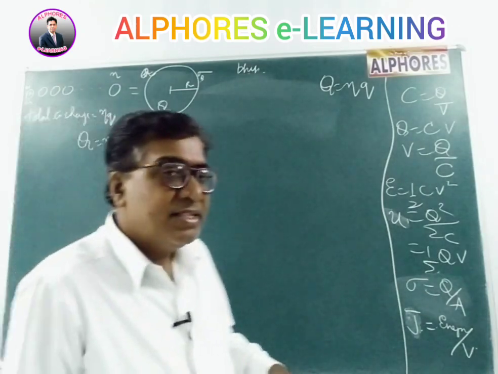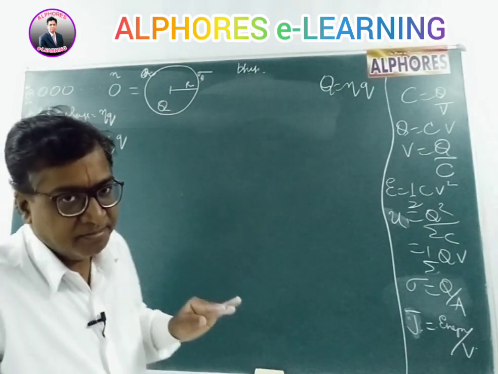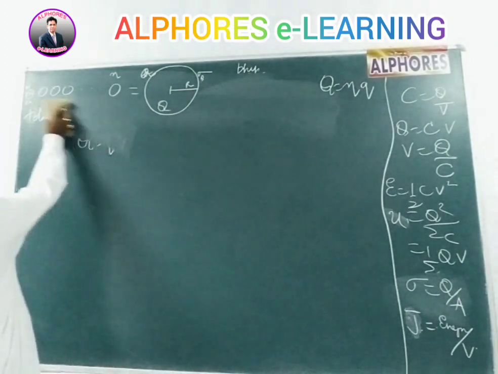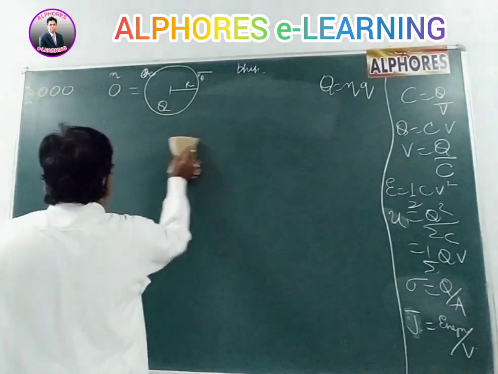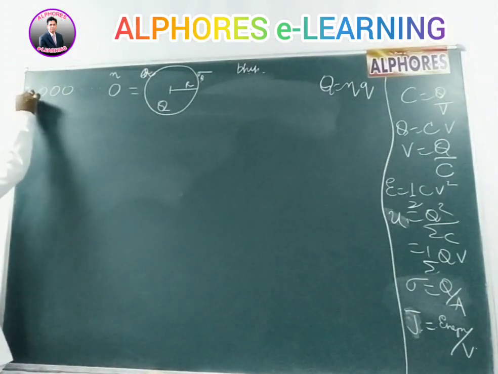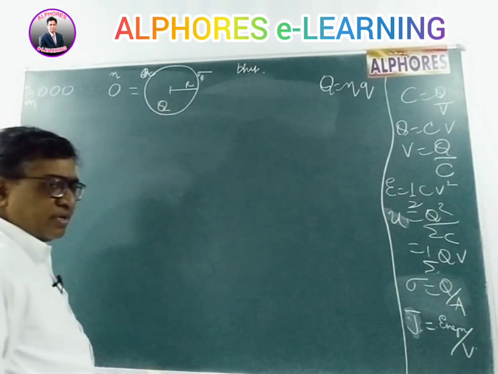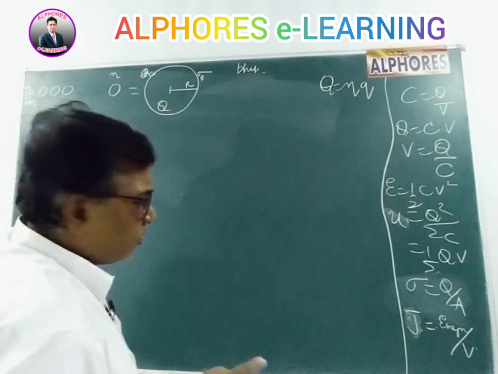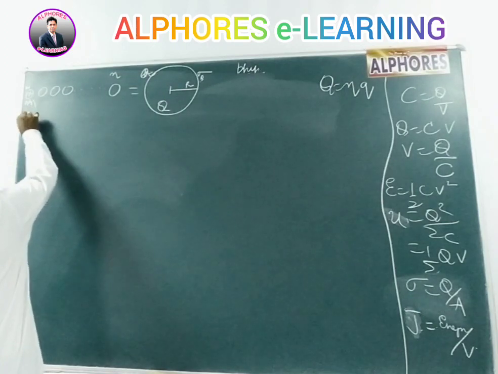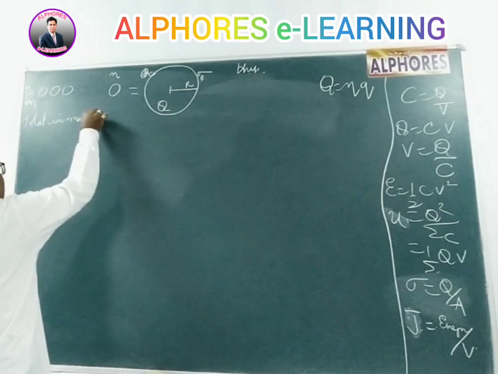Similarly, same as charge, mass is also conserved. Suppose I take the mass of each tiny drop to be small m each. What is the total initial mass before combining them? It is n times m. The total initial mass is equal to n into m.